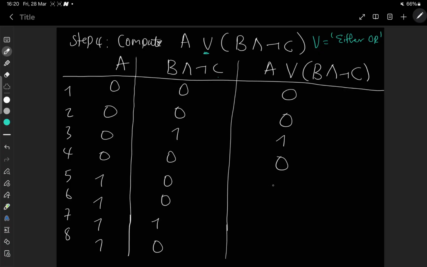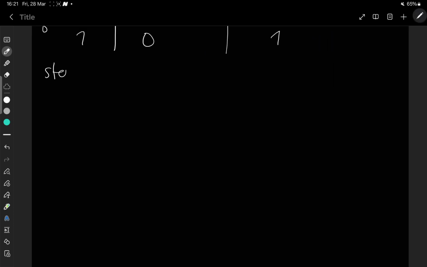And then here is what? True, because at least we have one statement that is true. 1 represents truth and 0 represents false. So we have true here. We also have what? True here. Then here is true also, because both of them are true. So 1 must be true. Then we have also what? True here. Then step 5, we are going to compute